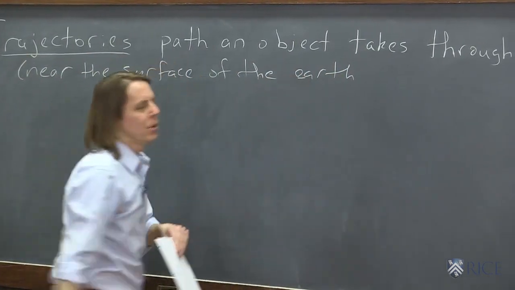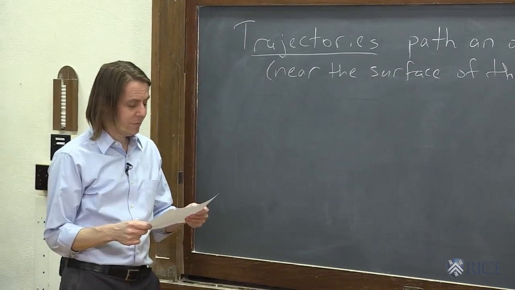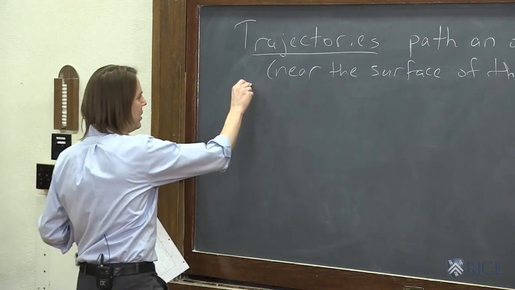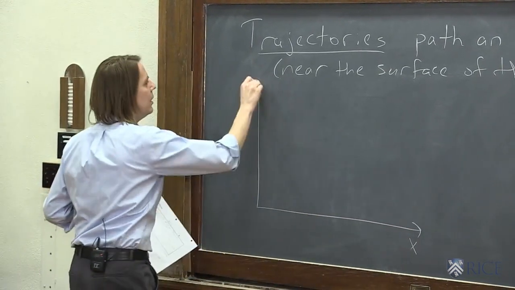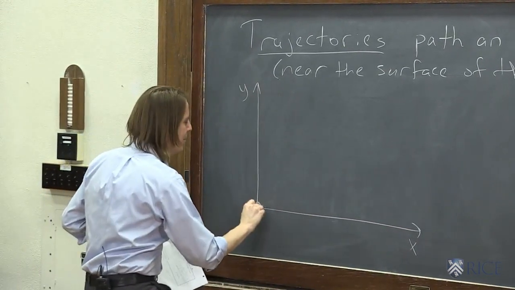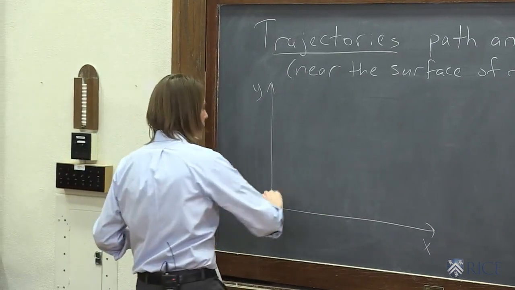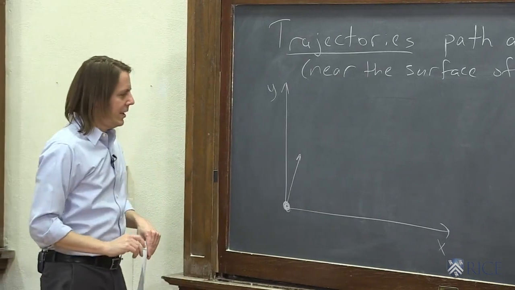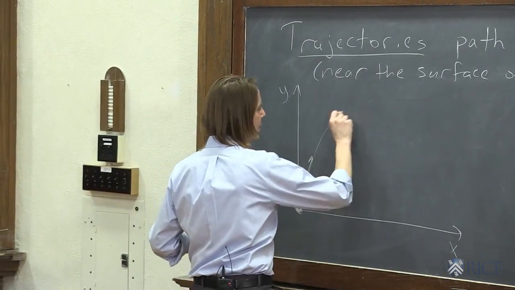Same as what we just did with drop and shoot, but now we're going to let it go up in the air and see what happens. So let's draw a trajectory as you've seen them probably before. If we have x here and y here, and we have a mass, and we give it an initial velocity up like that, then the trajectory it's going to take is going to be kind of like this,